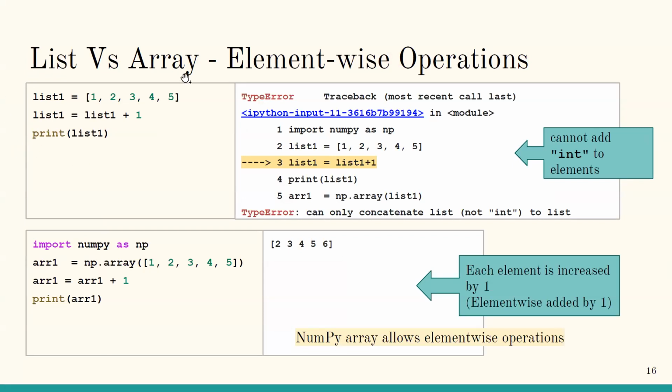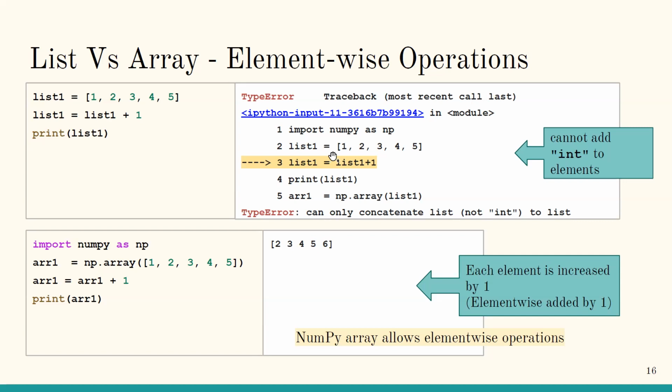If we compare list and array, there is one thing which is very convenient for us is that if we want to do element-wise operations. Element-wise meaning we work on all the elements, right? The elements for this one are 1, 2, 3, 4, 5. 5 elements in here, right? 5 values, just one variable, 5 values. Okay, if we want to add 1 to every single element here, just by 1 bigger, okay, we want to increase the value by 1, and we try to do this plus 1, what would happen? It will give you an error message